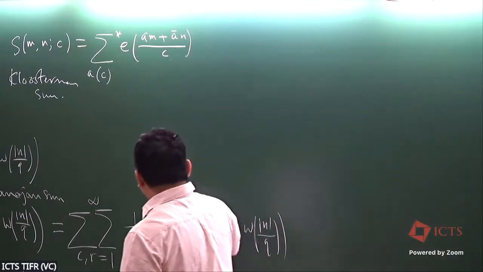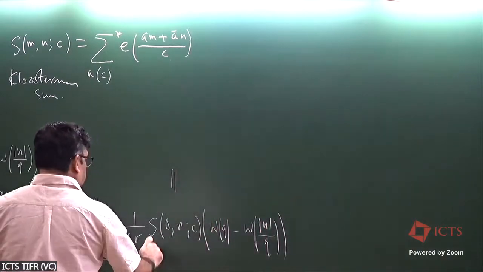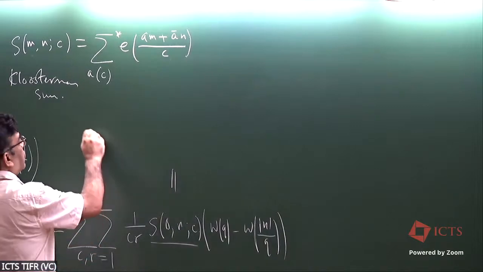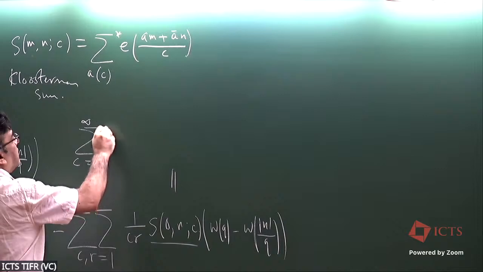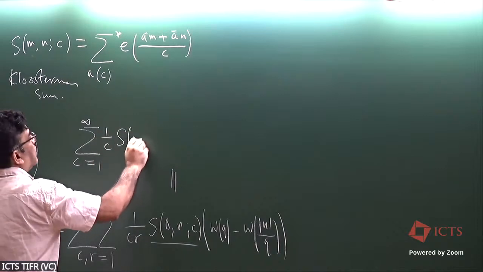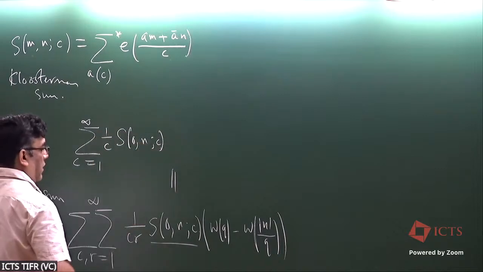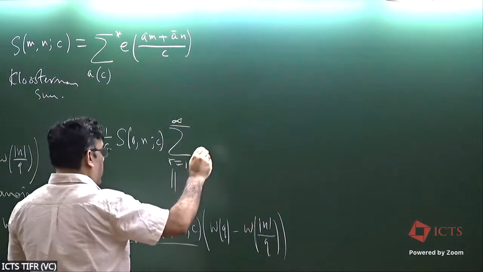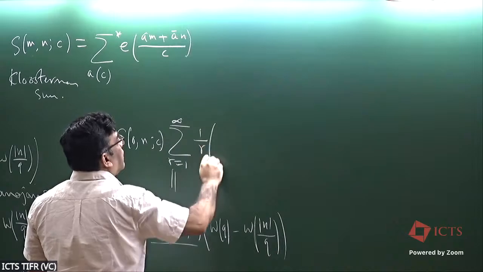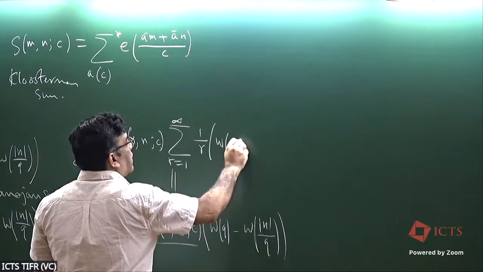All right, and then this part doesn't depend on r, so I'll just have the sum over c outside, c from 1 to infinity, 1 by c, c_0, c, and then sum over r from 1 to infinity, 1 by r, w of cr,